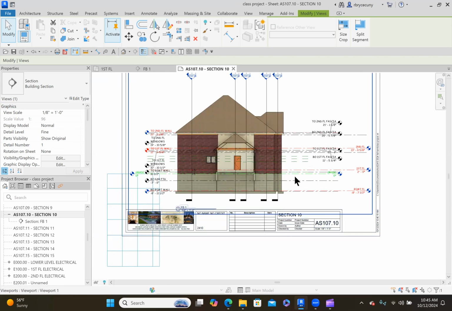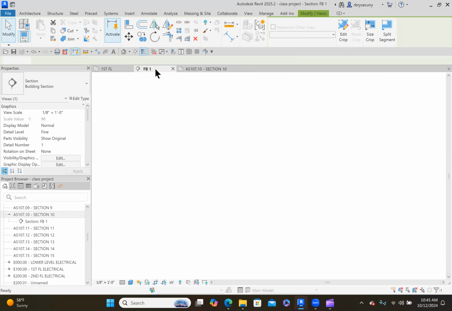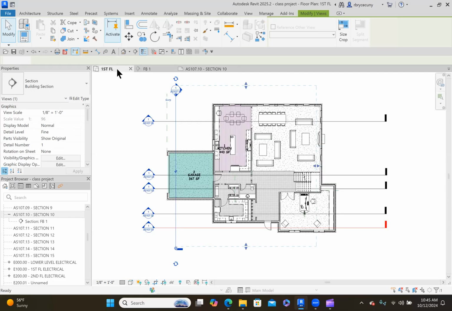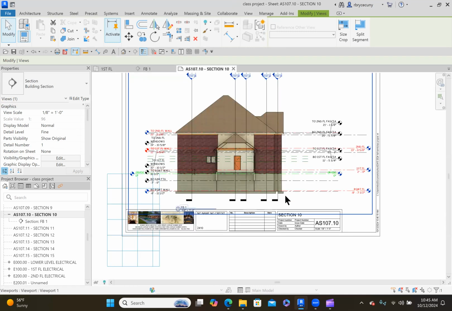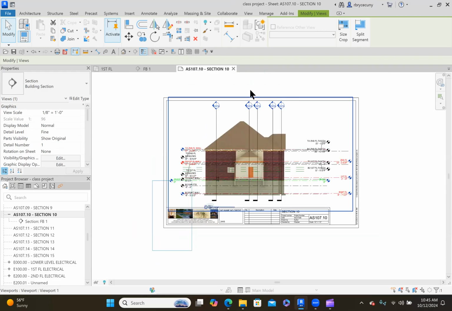We've got this in the right location, but we need to make another one. And let's take a look at what is going to show up in every section. Well, we'll always see the back wall, so we could use that as our corner. Now, I stand corrected, we would not see the back wall in this section, but we will always see the front wall. So let's use that front wall as our corner, and you'll see that'll make a little bit more sense. So this is going to be the other corner. Everything fits